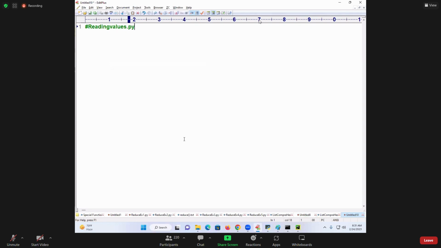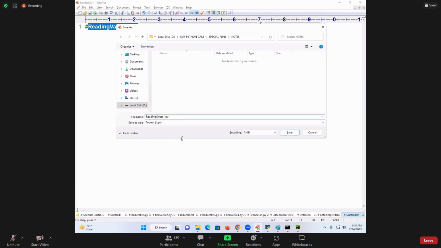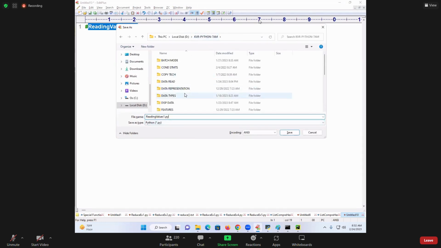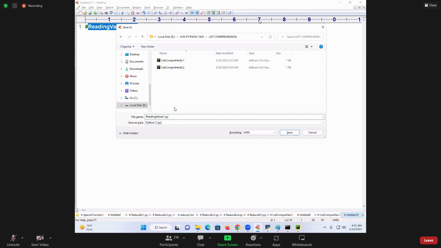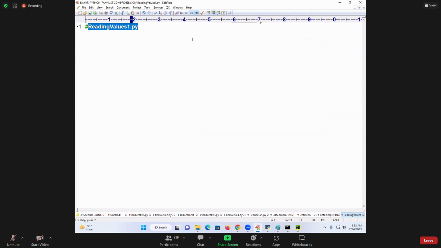Reading values.py. And how easy it is once you read the subject. So I'm getting complete doubt about the offline students, whether you are reading or not. I asked which function is used to read data from the keyboard. Which function? Come on. Okay. Print of enter a list of